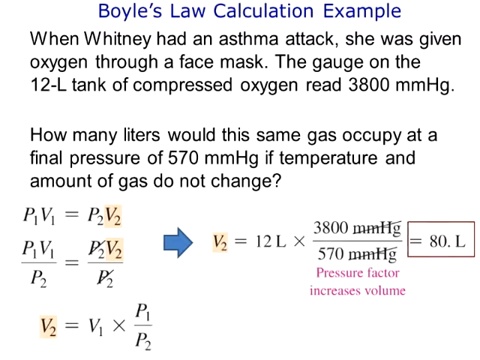So we set it up. We use the equation, 12 liters. We note that the millimeters of mercury will cancel out. And we're left with 80. liters. Why 80.? Because 12 liters is our given. Since we have 12 liters as our given, and there are 2 sig figs, we must have 2 sig figs in our final answer. Coincidentally, by the way, all of these have 2 sig figs in them. So we're somewhat cheating a little bit there. But keep in mind, your answer must match the given sig figs.